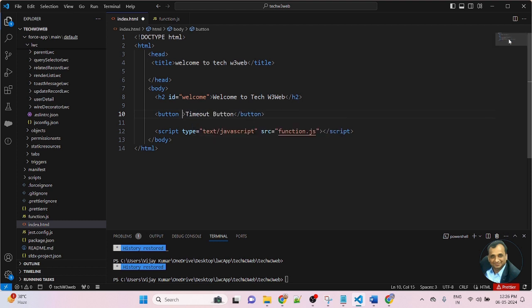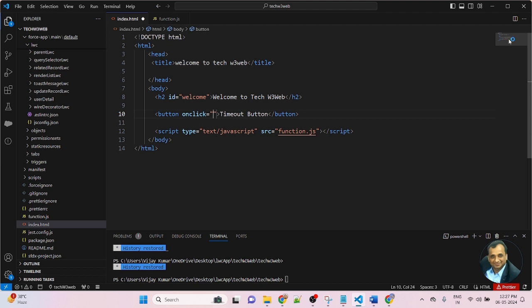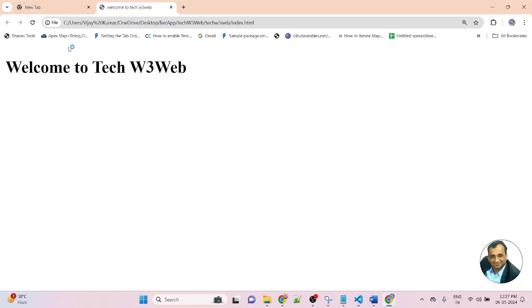Inside the button I am passing the onclick event function, and I am writing the name of the method, timeoutAction. Now open the browser and refresh. Here you can see I created a button. So with the setTimeout function, whenever I click on the button, after 2 seconds this title will be hidden.